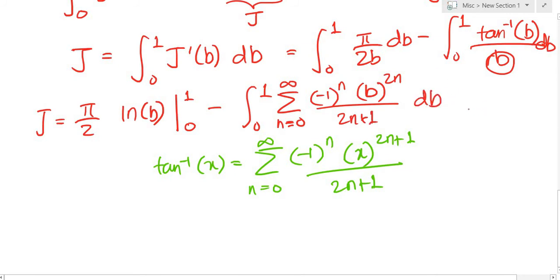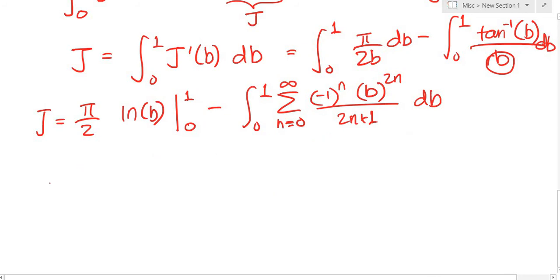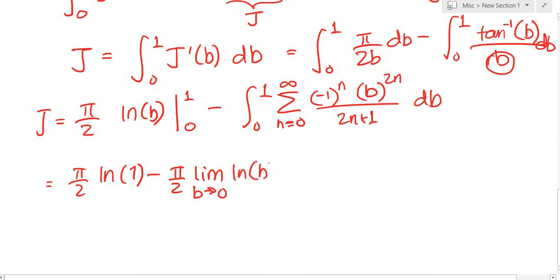Let's not forget that. So now notice that when we plug in b as 1, we'll have natural log of 1. So pi over 2 times the natural log of 1 minus pi over 2 times the limit as b approaches 0 of the natural log of b, minus,